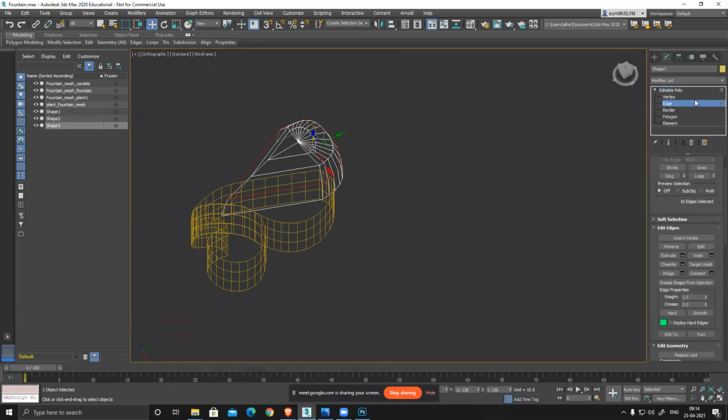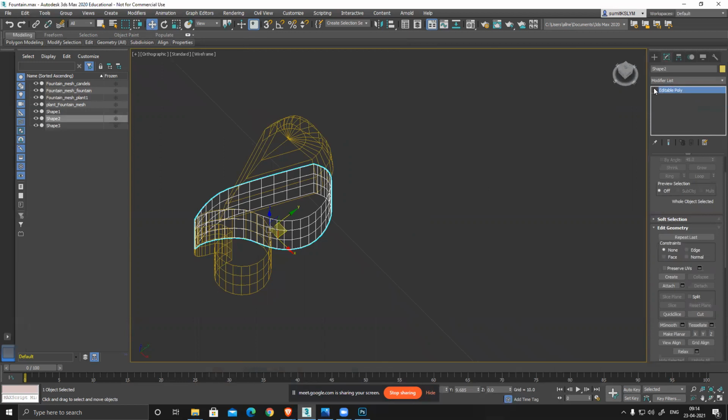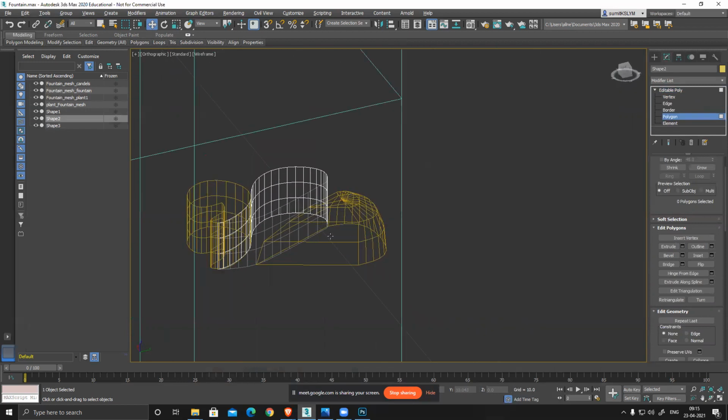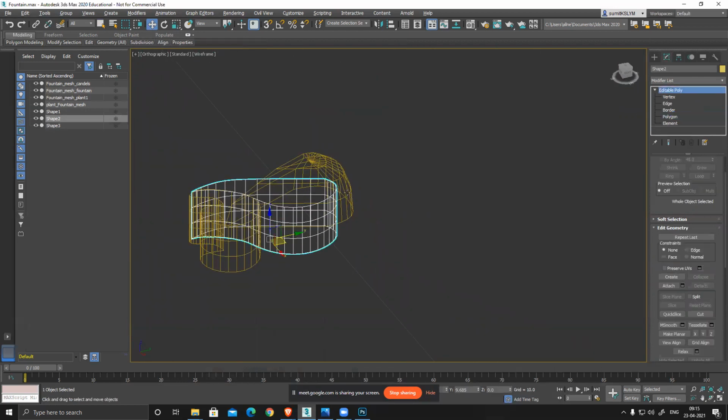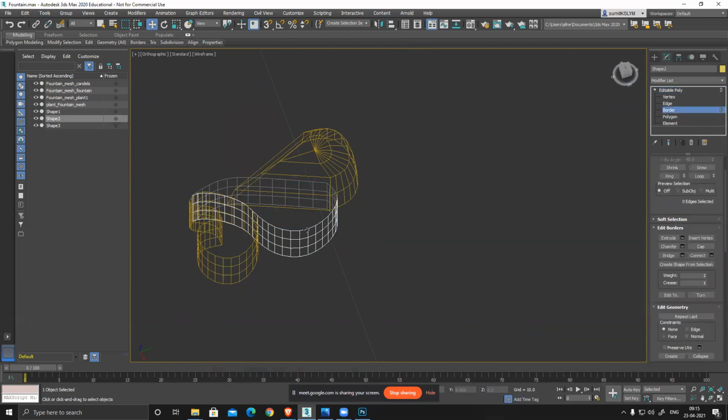Same process, I'll repeat. Delete it. Back should, yes. Here also I should delete it to keep it optimized. Border.